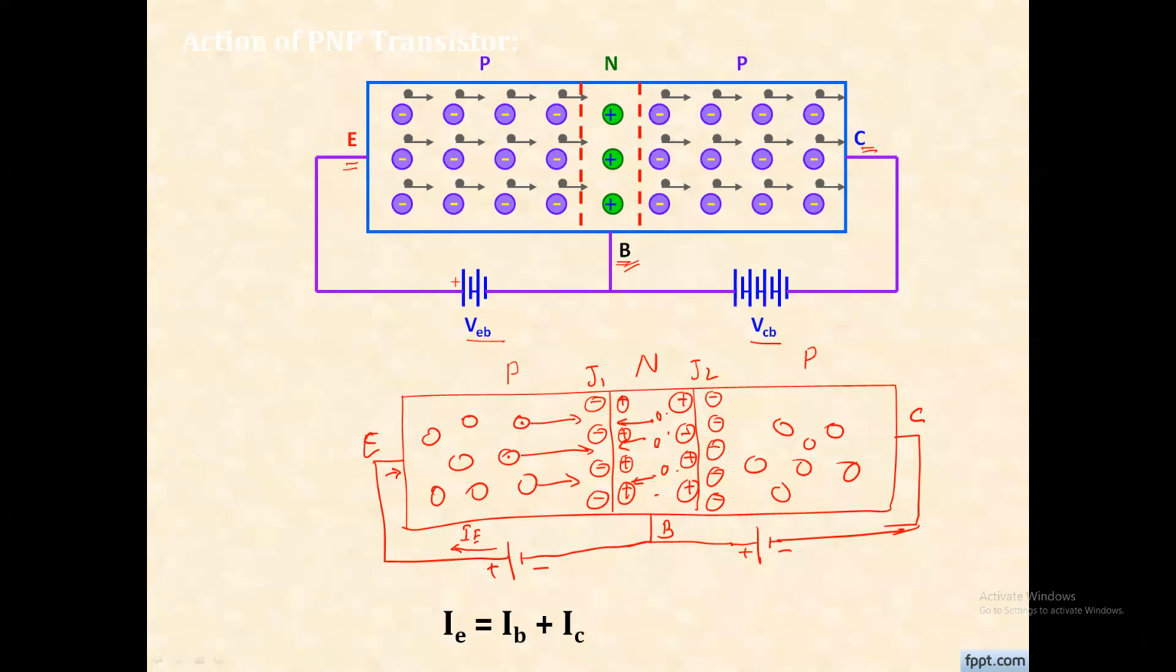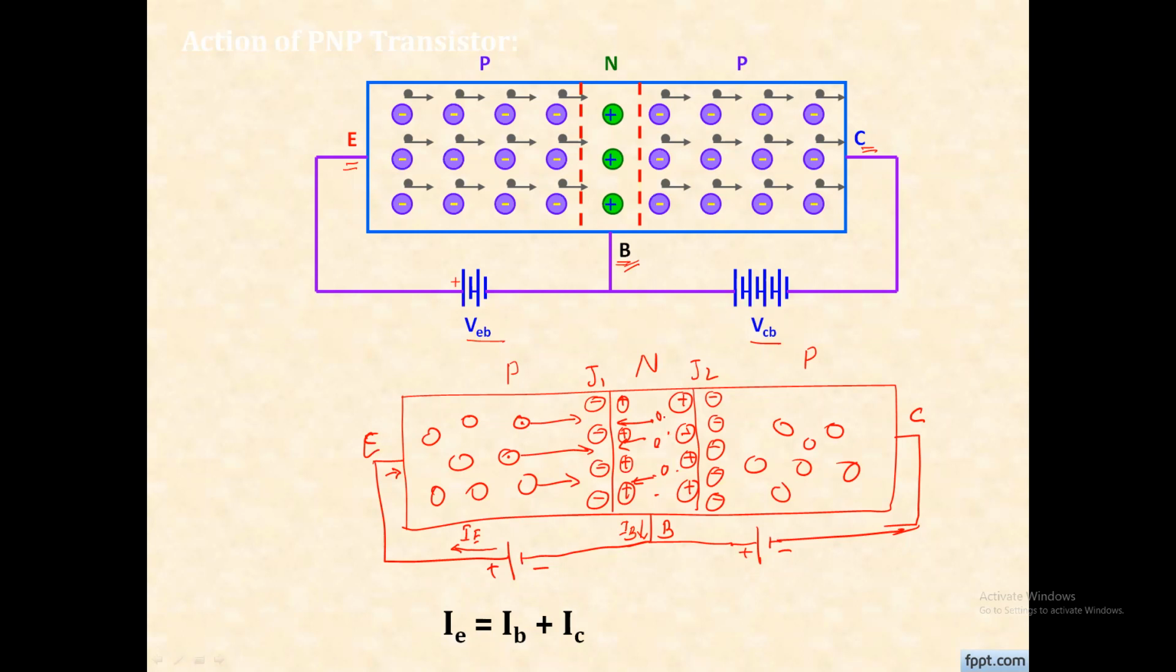Get it, my point? Now holes come into that N region, and these holes will be attracted towards the negative terminal of the battery. Get it, my point? So the direction of the base current is in the direction of the hole. बघा मी 2 पॉइंट म्हणतो इथं. करंटची डायरेक्शन ही इलेक्ट्रॉनच्या मुवमेंटच्या अपोजिट असते, परंतु होल मुवमेंटच्या सेम डायरेक्शन मध्ये असते. Get it, my point? And again, as the collector to base junction is connected in a reverse bias,